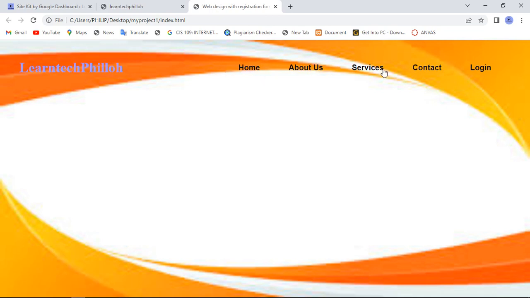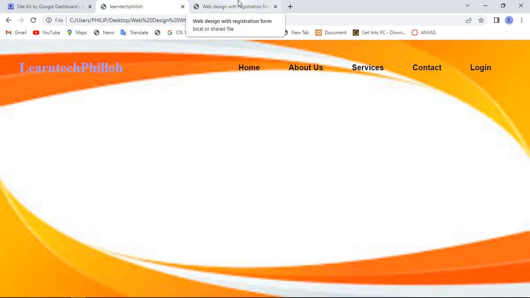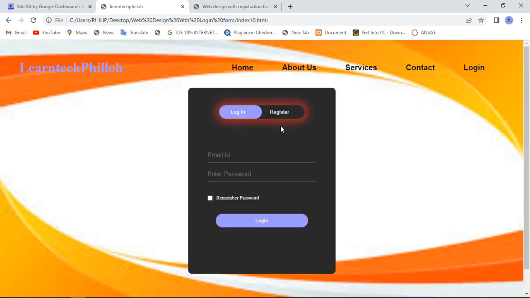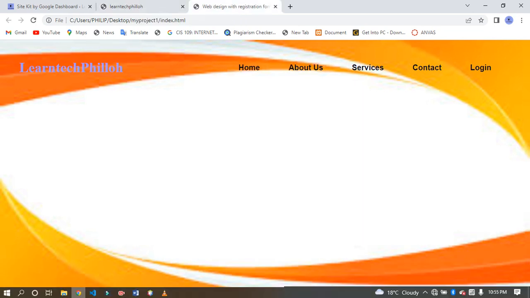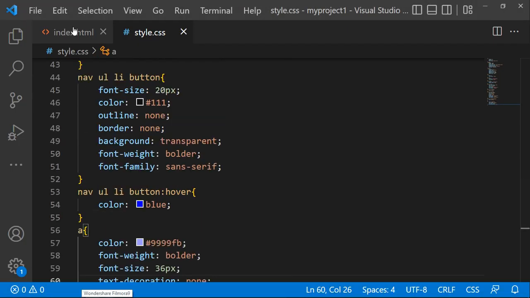So when you place your mouse over this and all that, we have worked on our top part, which is the navigation bar under the title. So you just need to continue and work on our main part, which is the registration form and all that. To do that, we just need to go to our HTML part, and then